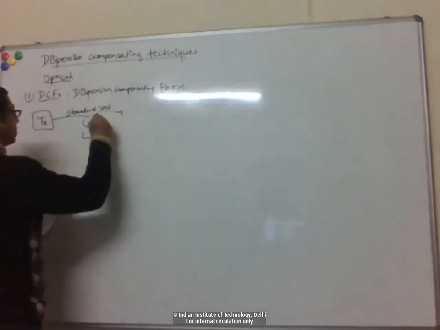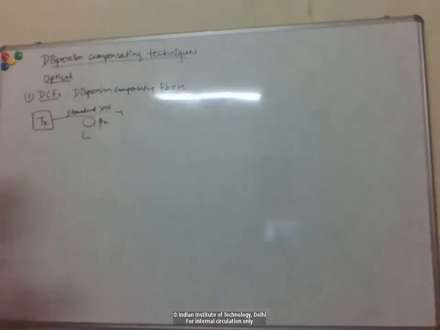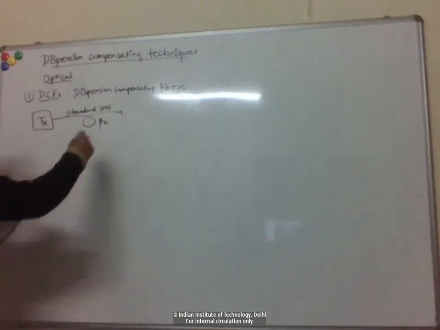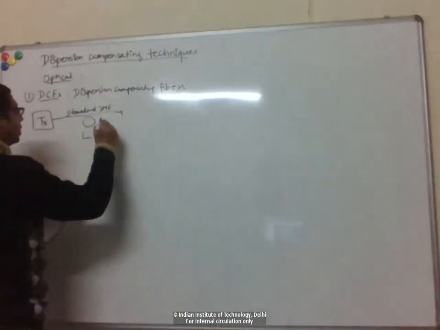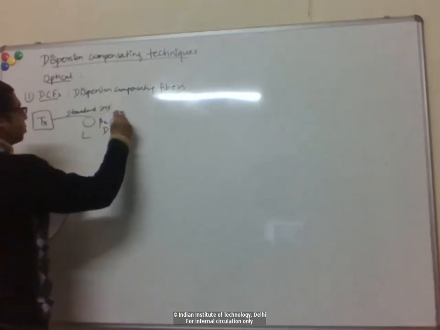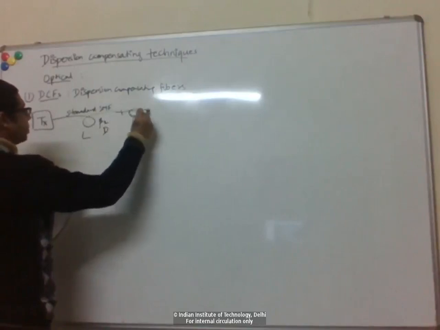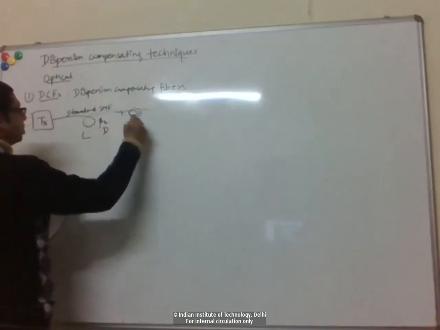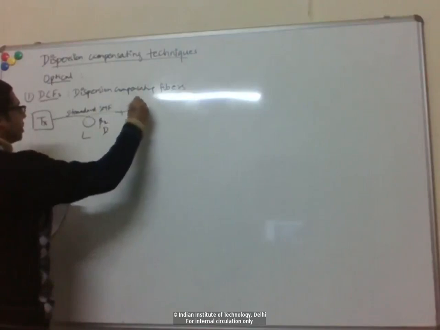This has some particular dispersion value, like some GVD constant beta 2 or equivalently some dispersion value D. So what one can do is, before the receiver, have some length of dispersion compensating fiber